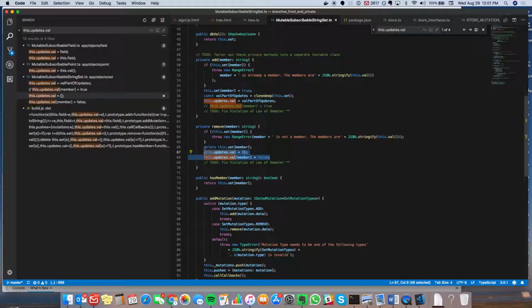Yeah. So look at how we did add. In add, what line? 56. Rather than just saying this.updates.val is equal to an empty set and then adding member into there, member equal to true, we first say this.updates.val, we essentially have it contain the whole set. So line 56, clone deep, that essentially creates a clone of this set and it sets that equal to the variable called val part of updates. So what we should do is